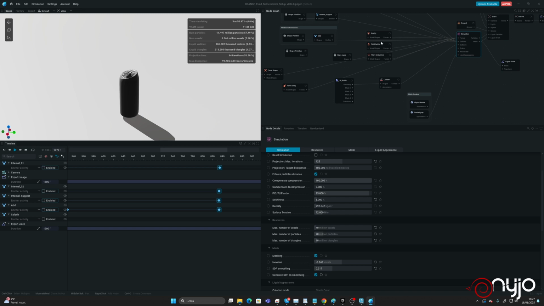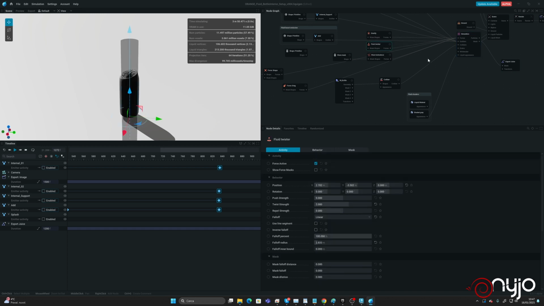We have the gravity, we have the fluid twister, and the fluid twister has no animation. So if you like, we can activate the animation and say that, for example,